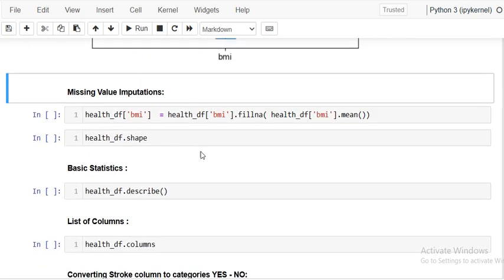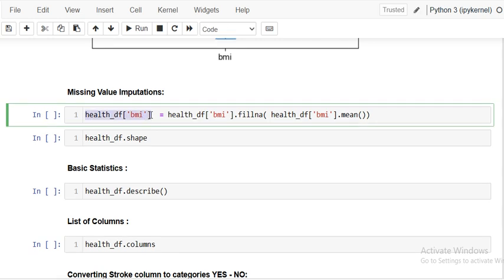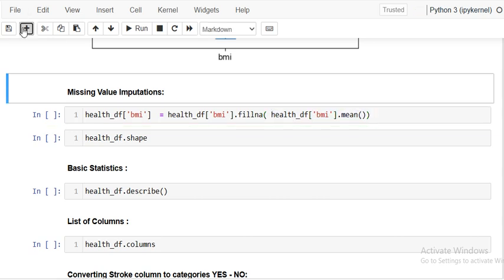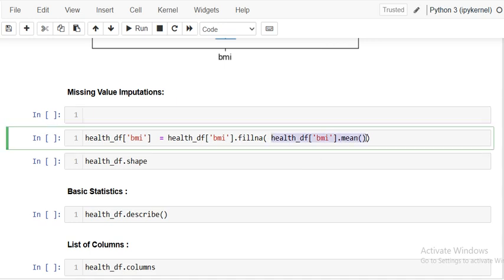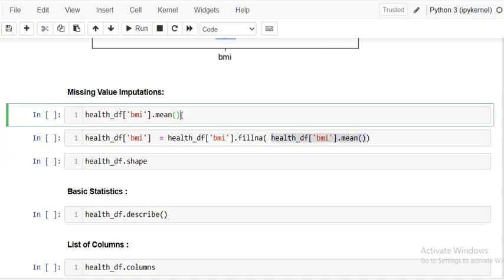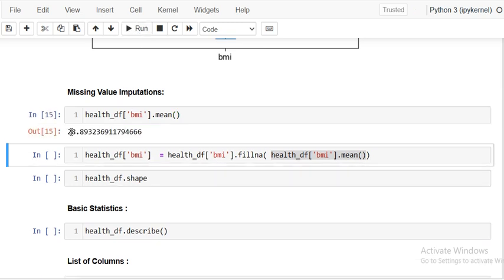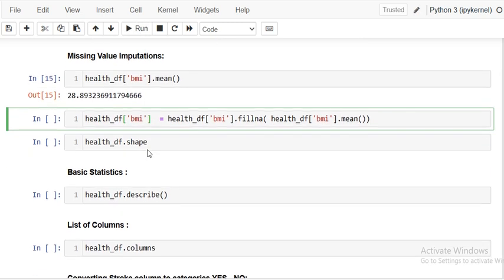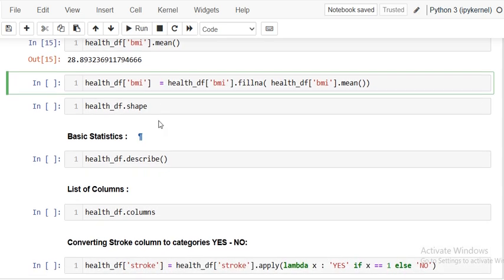Okay, so I'm imputing the missing values in the BMI column. I'm selecting this column, health_df BMI dot fillna. What I'm doing is taking the mean value of this. So fillna and this mean. I'll show you what the mean value of this particular column is. This is the mean value. I am filling it into